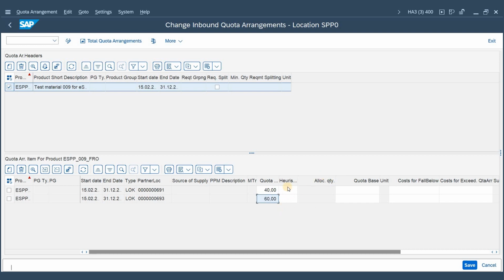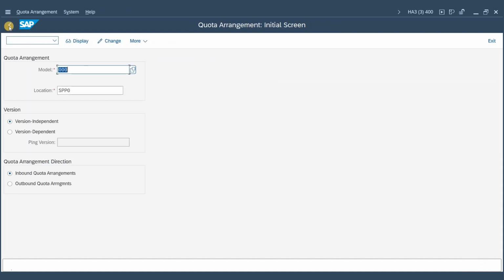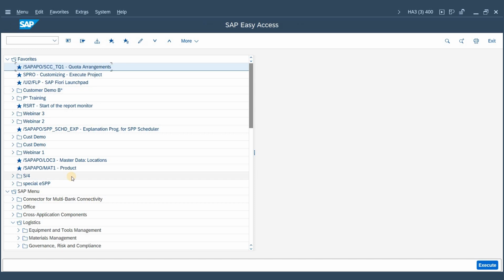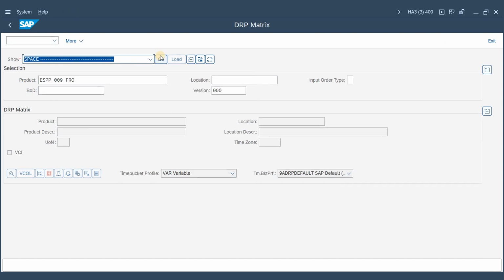That overall we will ensure to procure 100%, and we save that. Perfect. Then we are going again to the DRP matrix, and let's see how the system is reacting on this.